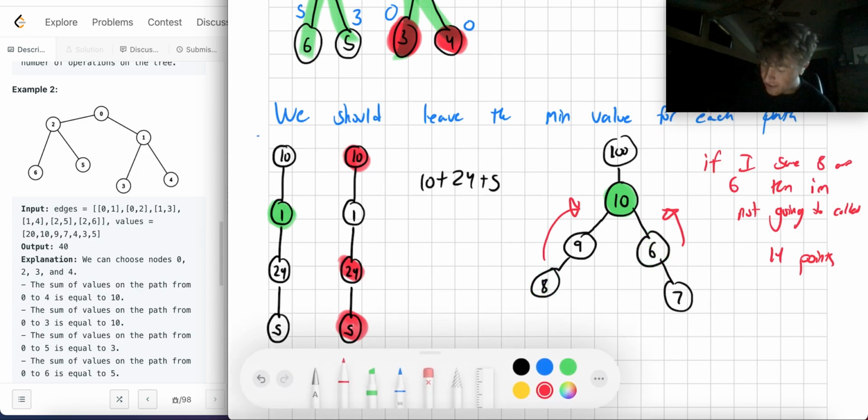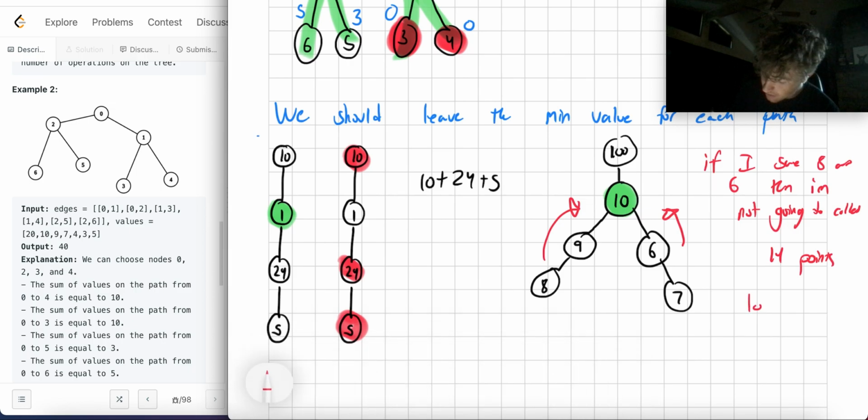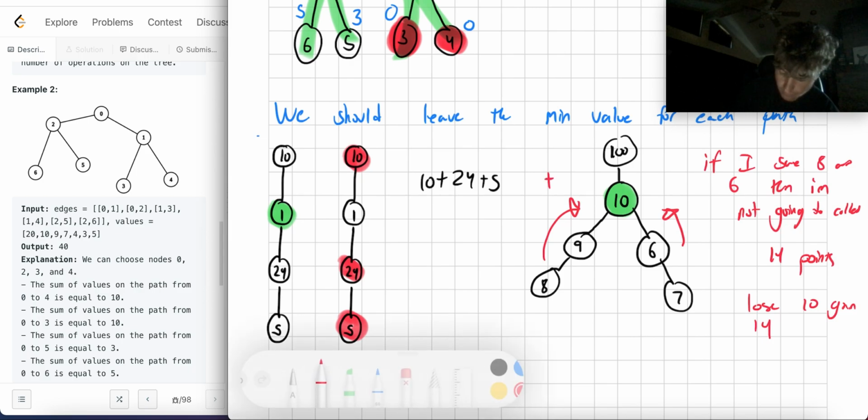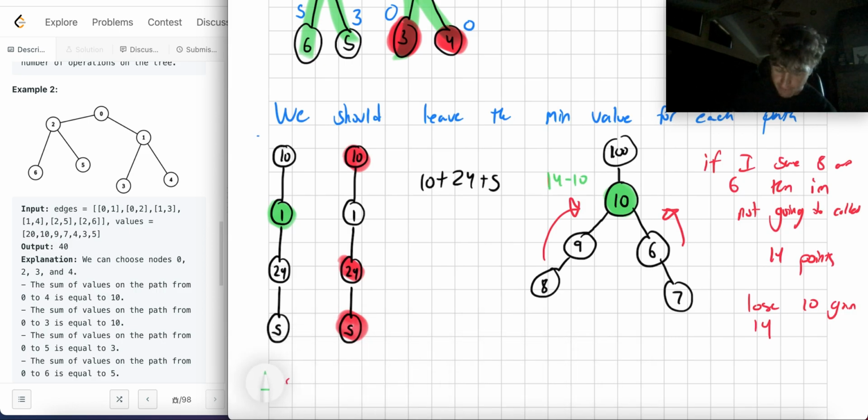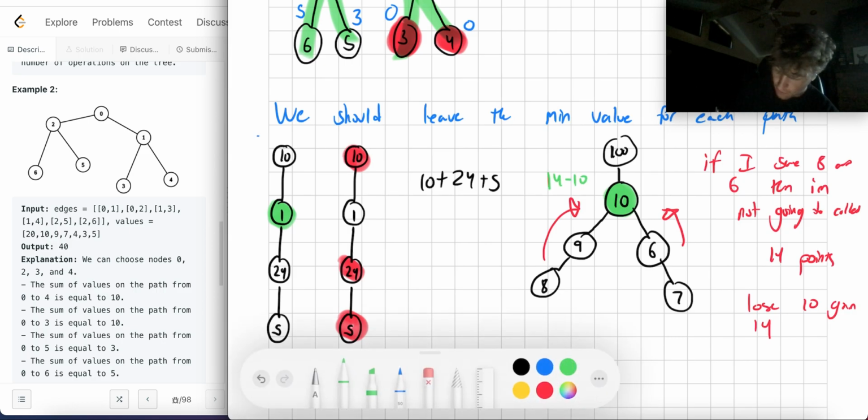Now, I would lose 10, but I'd gain 14. In the other situation, I lose 14 and I gain 10, right? So if I do it this way, I get the plus 14 and the minus 10. And if I do it the other way,